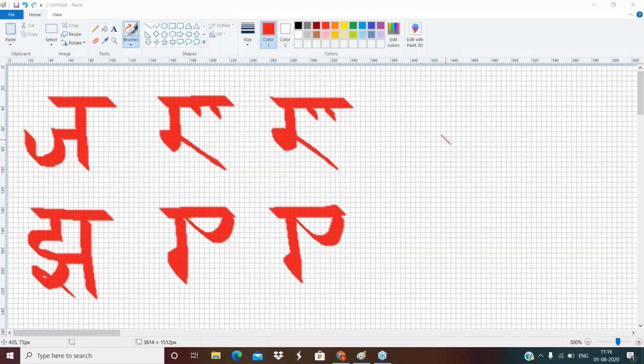Sorry to interrupt you again. If you can also give example words for these Mahapranas, because a lot of people have confusions, they don't know what is Jha and what is Ja. If you give words for all these Mahapranas, they will understand better. Jha as in Jhanda, Bha as in Bharat. So see, this jh is directly like jahaz, right?